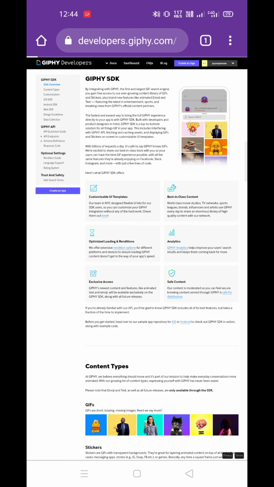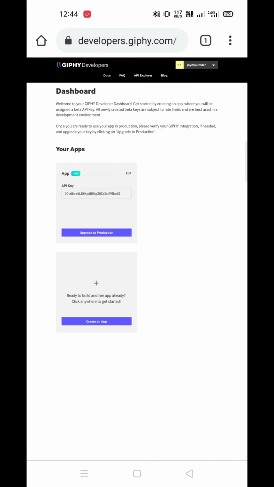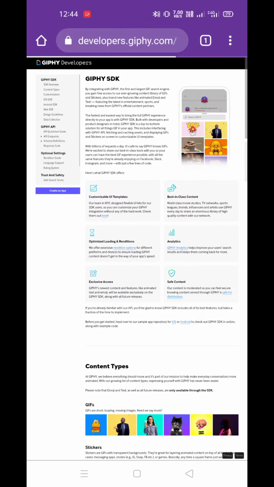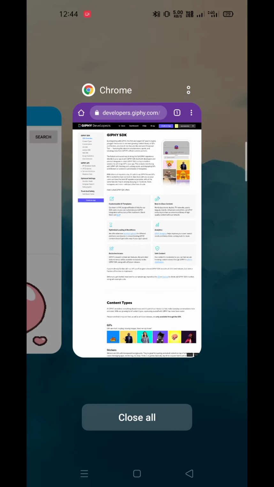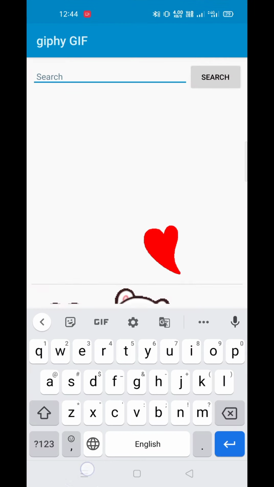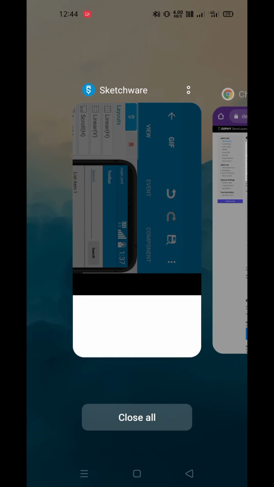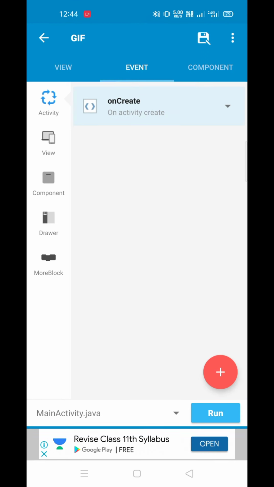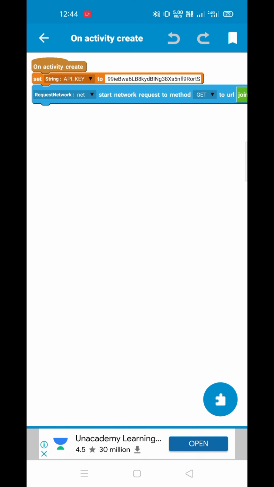I have already created an app, so this is my API key. You have to add your own app and API key. Now copy this API key and go to Sketchware. On event on create, this is a string API key. You have to put your own API key here so that the request will run based on this API key.